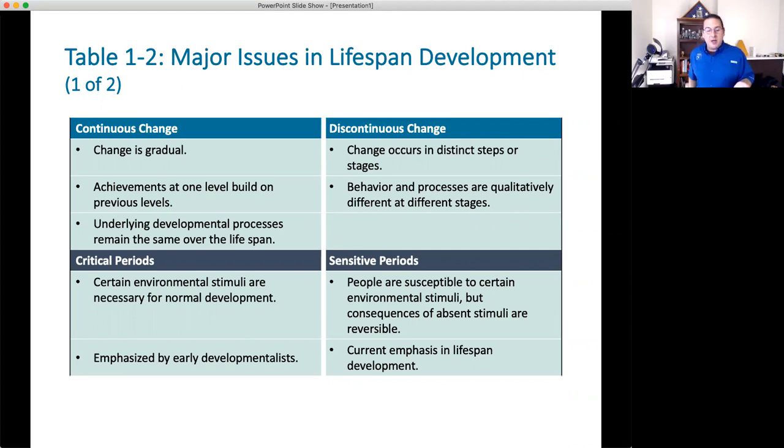You also hear about critical period versus sensitive period. Critical period is where it's necessary for normal development to occur. And if it doesn't occur by that point, then it may not occur at all, or it may occur at a degraded level. For example, our critical period of language is estimated to be around 7 years old. That means if a child hasn't learned a language by 7 years old, that skill probably is outside of their window to understanding a language.